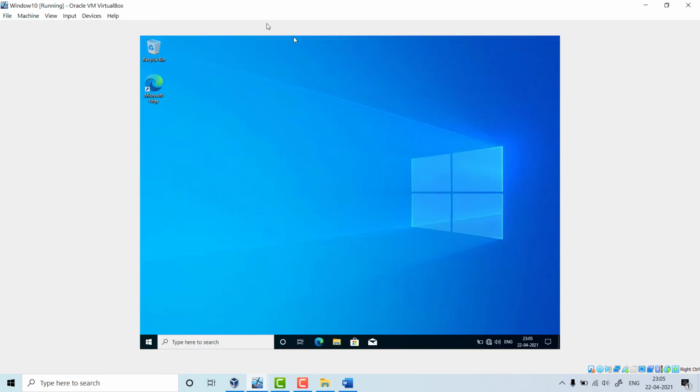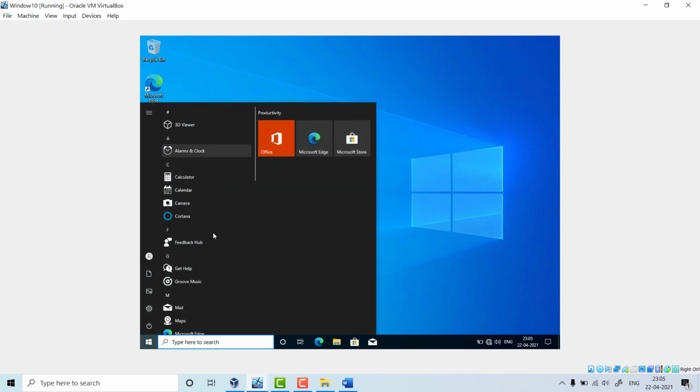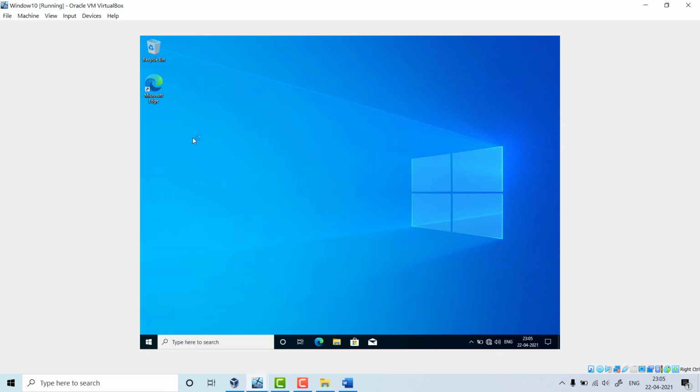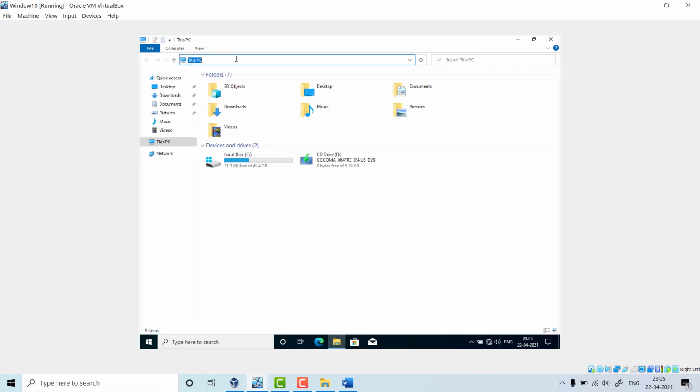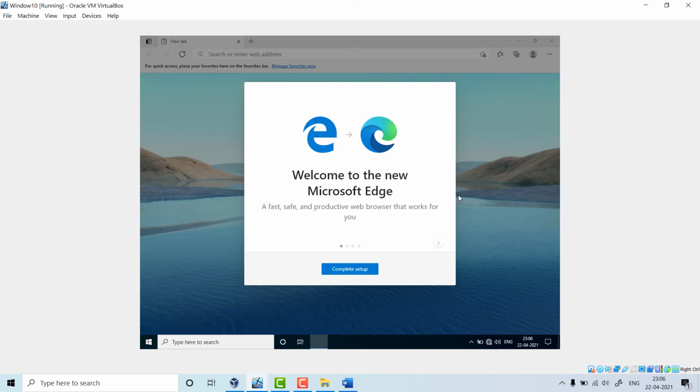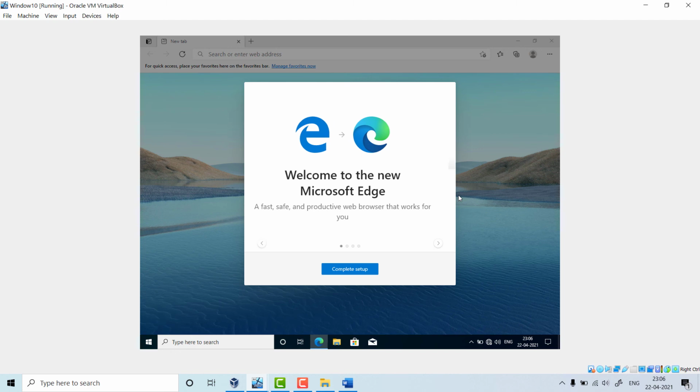Now just you have to simply do one thing. Open your my computer, this PC, and go to the top address bar, search bar actually, for we are using the local machine only. And one more thing, you need this client machine to be in domain.